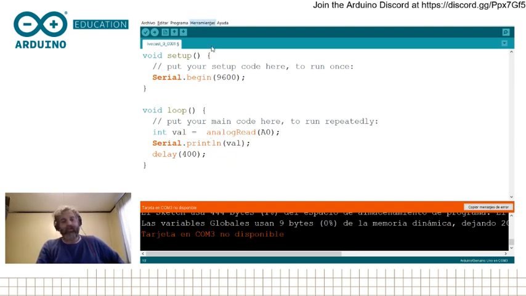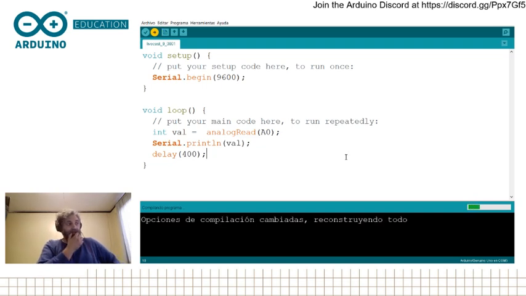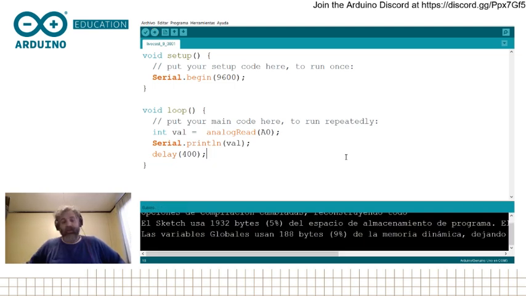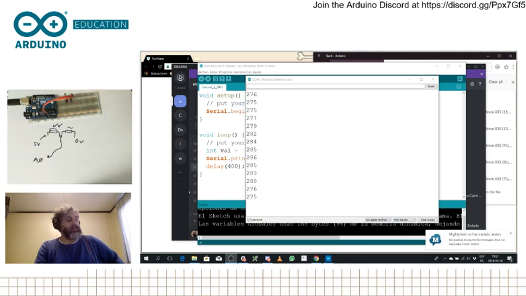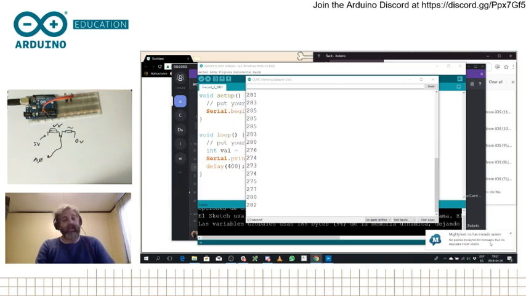I choose the serial port for the board. It's connected to COM port number 5. I upload to the board, and there it is compiling. Once it's done, it will start sending stuff. I'm going to open the serial port monitor to just check, and I will change window here so you can see the serial port monitor, the board at the same time, and me. In this way, now we can check that the thing is working.